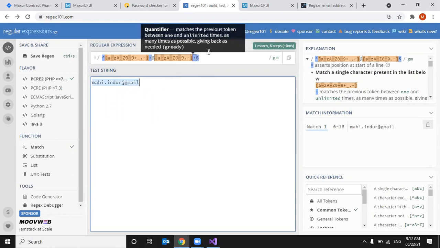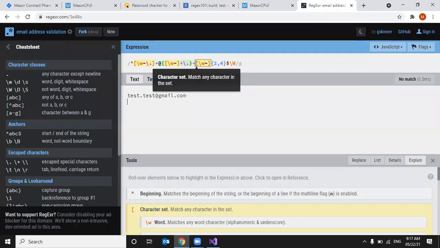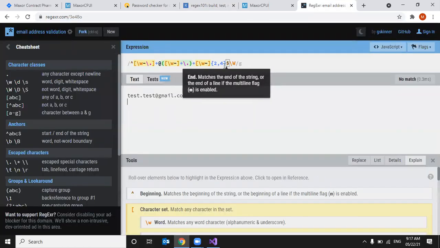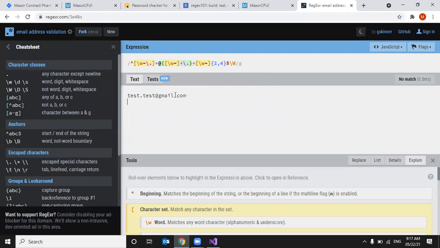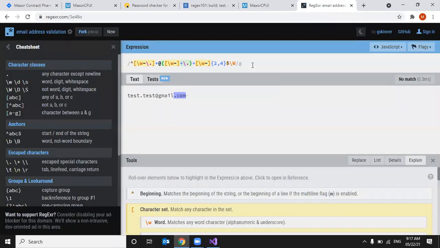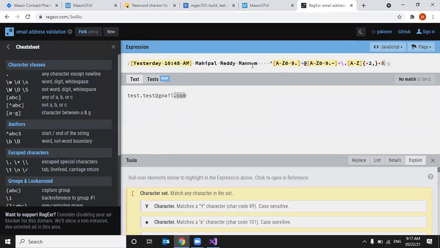Like if we write here, after that we should have 2 to 4, then it will only take 2 to 4 characters after the dot. There will be different regular expressions, so the way we write it, it will be validated against that.